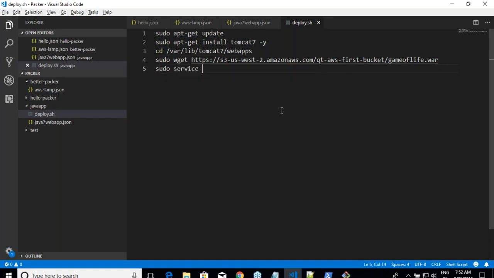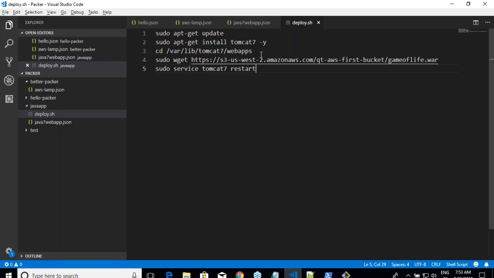Was this a very difficult journey? The first thing which could be difficult to some of you is that you might not know what these steps are, because you might be new to the Linux world. But just assume that if you know the steps, the file which you are writing is no different. The file which you are writing in Packer is no different. I have copy pasted actually, right?